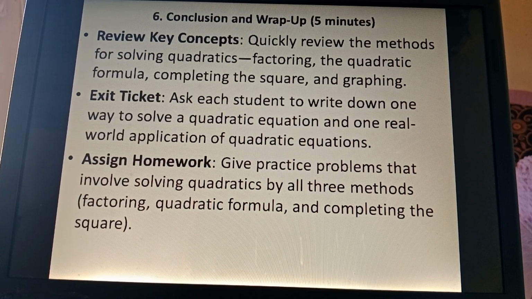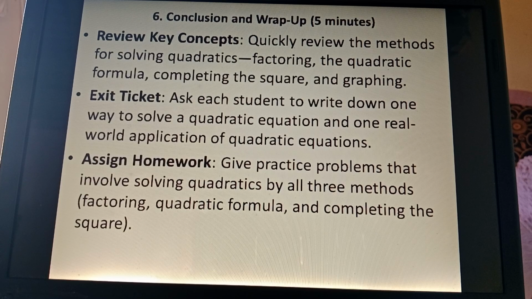Conclusion and wrap-up, 5 minutes. Review key concepts. Quickly review the methods for solving quadratics: factoring, the quadratic formula, completing the square, and graphing. Exit ticket. Ask each student to write down one way to solve a quadratic equation and one real world application